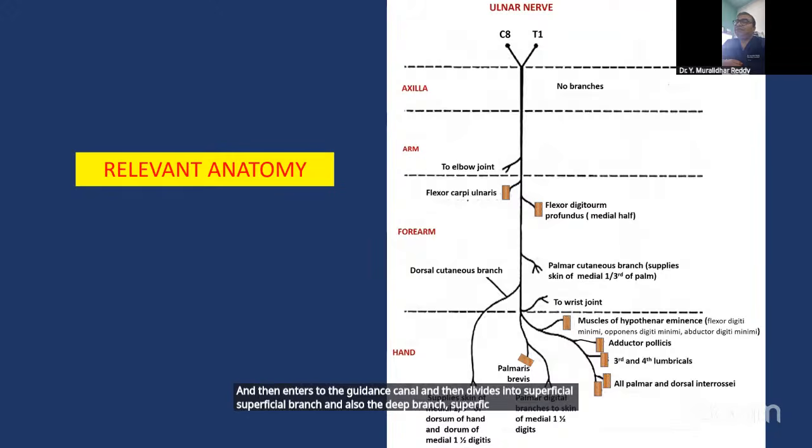The superficial branch is sensory, and the deep branch first supplies proximally the three hypothenar muscles: flexor digiti minimi, opponens digiti minimi, and abductor digiti minimi. Then it supplies the interossei, the 3rd and 4th lumbricals, and also the two muscles in the thenar eminence. So with this, actually, we can